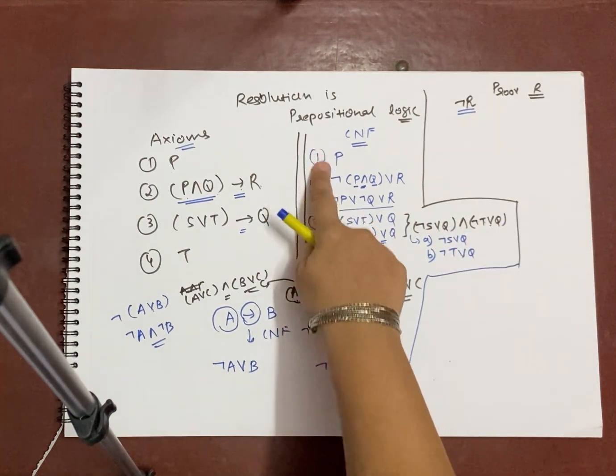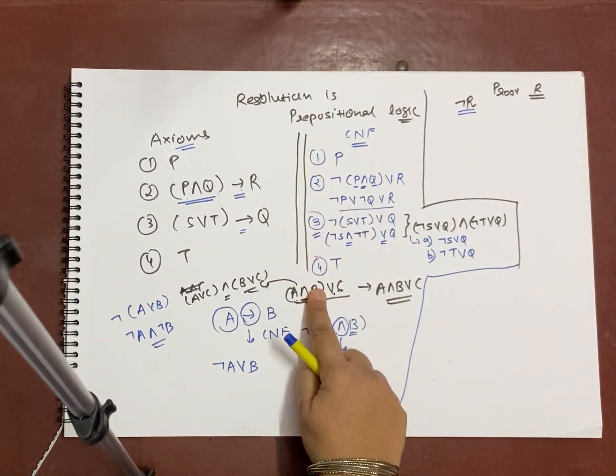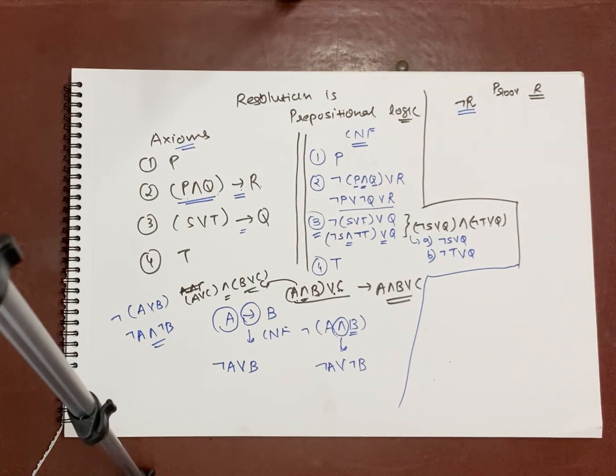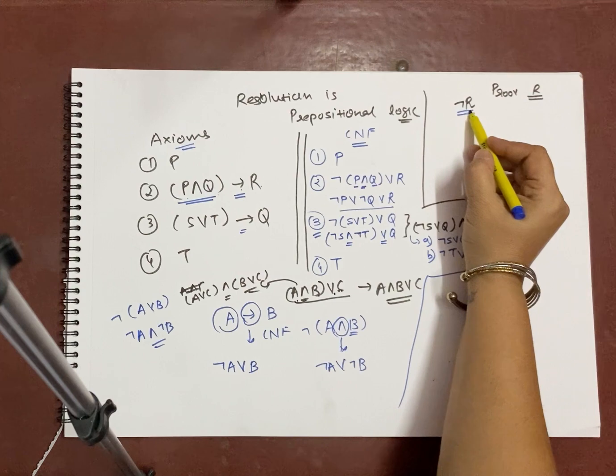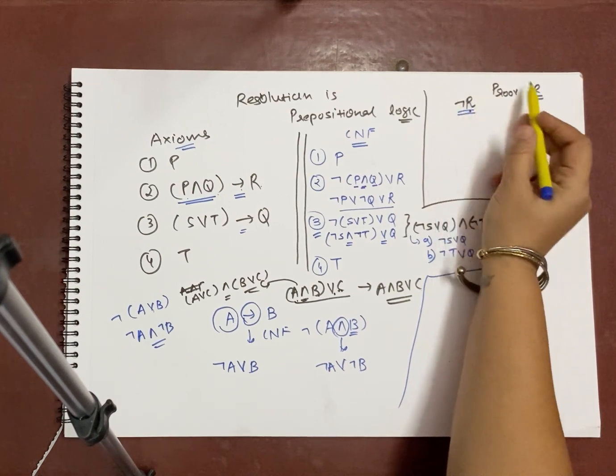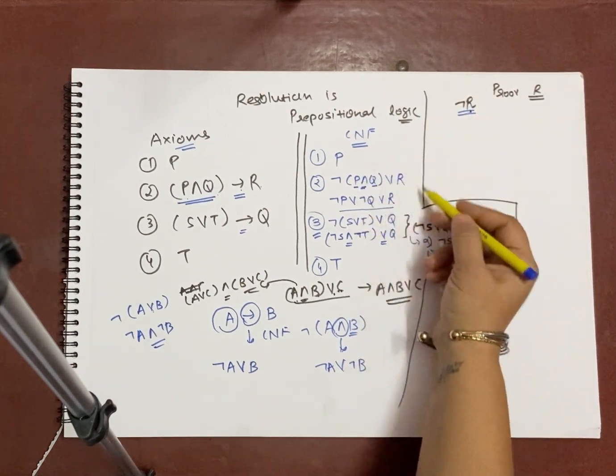Now what do you have to do for applying resolution? Go back to your facts. So we are going to observe here our CNF facts. Identify any clause which contains, if you have one of the clauses over here not R, try to find out the positive R in any of the clauses present over here.